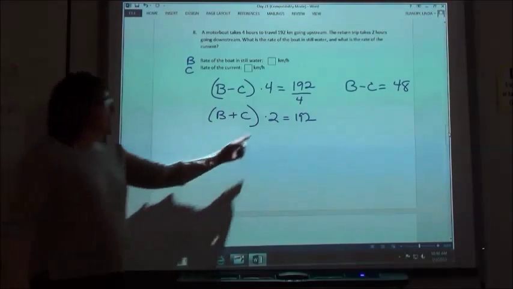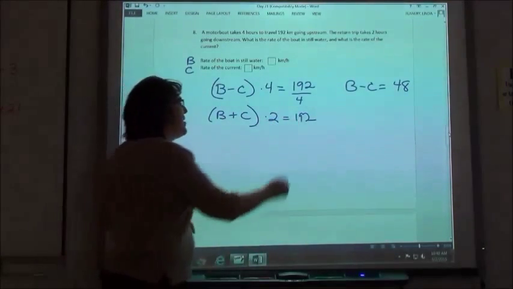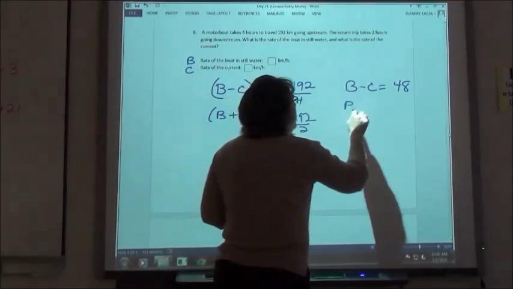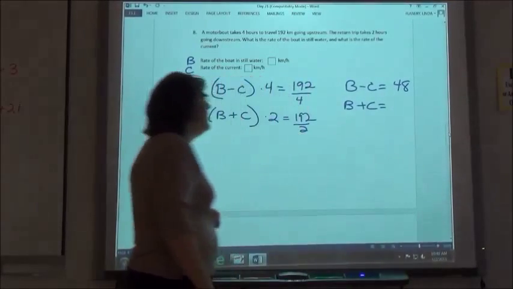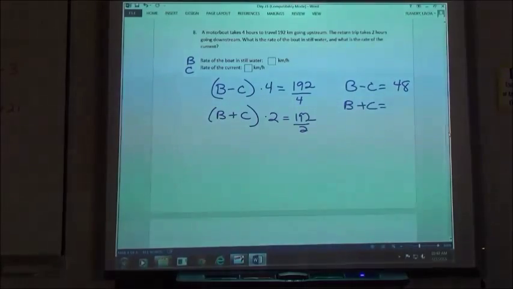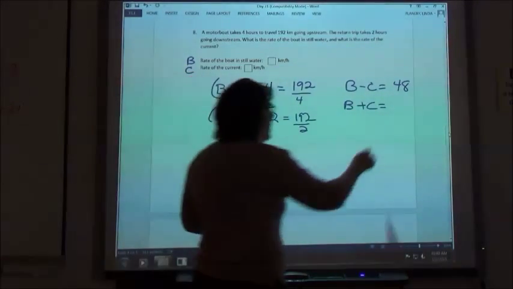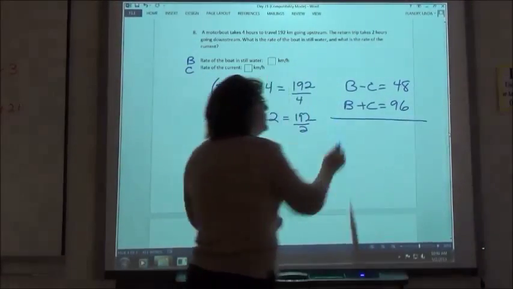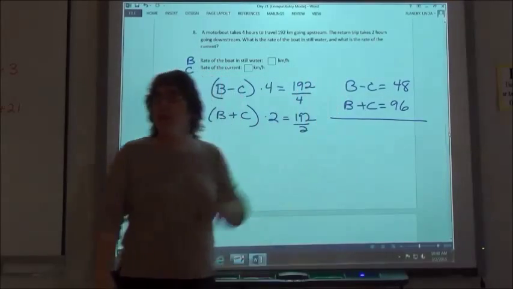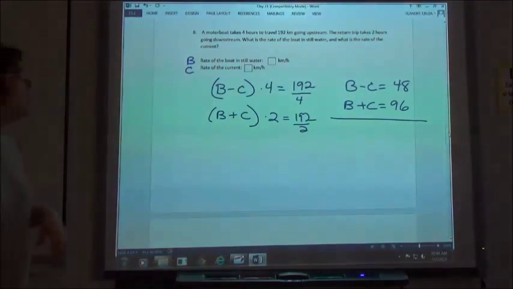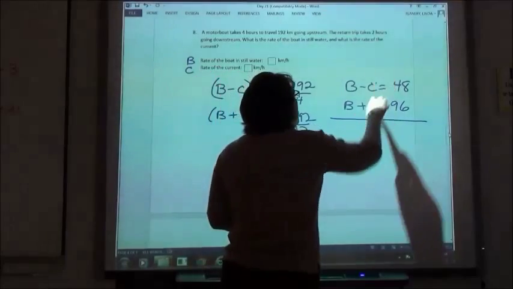So again, they're going to go ahead and divide by that 2 right away. So that B plus C is going to equal 96. So again, now I have one difference and one sum. I can just go ahead and add those together. If I add my 2 equations together, I'm going to get